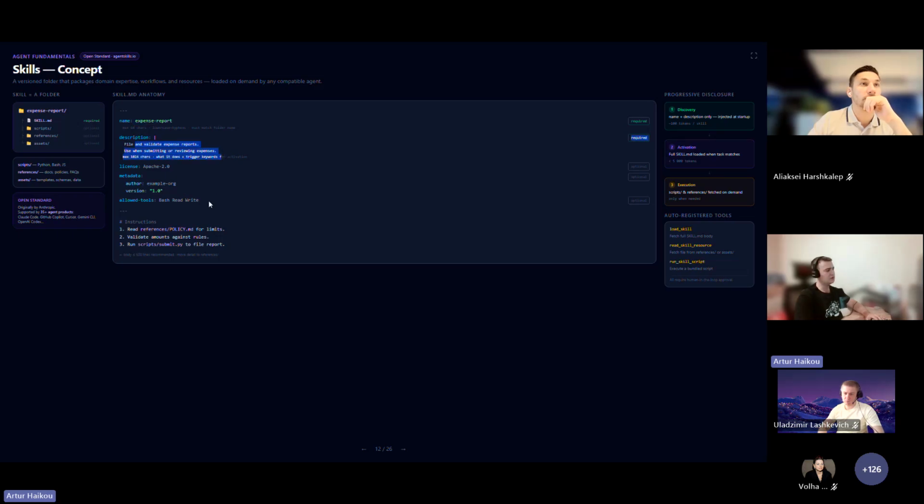But if the agent needs additional information, the entire instructions for this particular tool, the agent will have a tool for loading all content from this MD file. And of course, you're able to specify some scripts, references, and some assets.